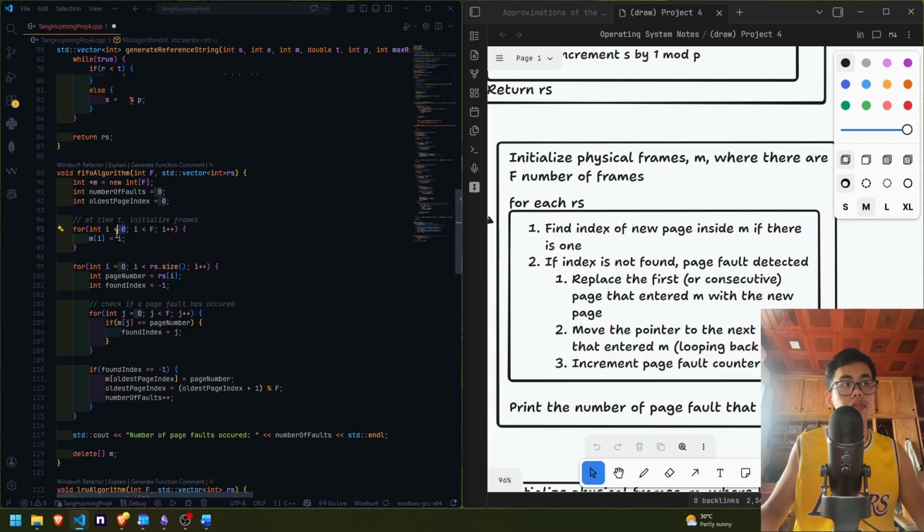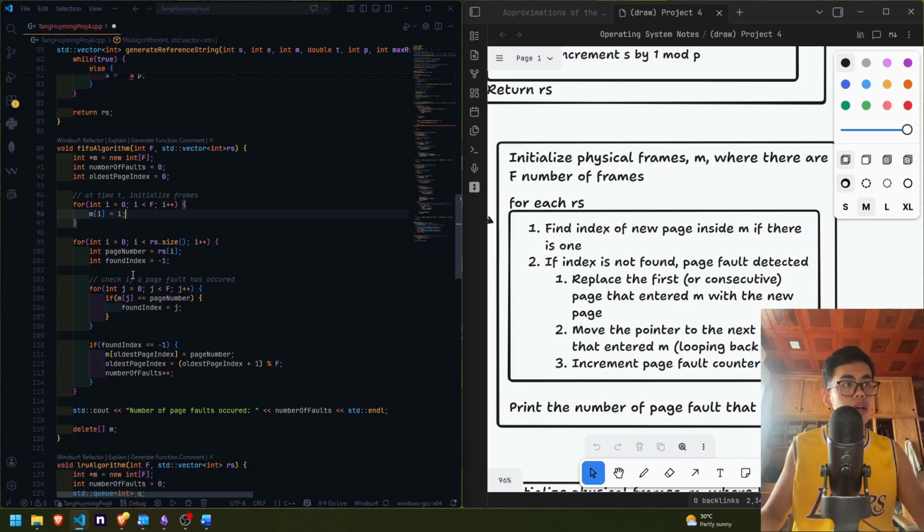As you can see, i equal to 0 and m is initialized with 0. That's the first page that's inside the page frame, and it's also going to be the first page to be replaced. All right. So for each reference string, I find the index of the new page here inside the frame,